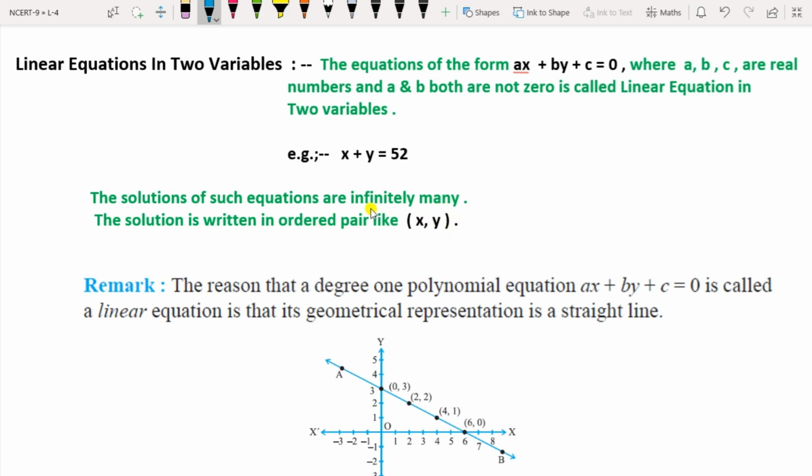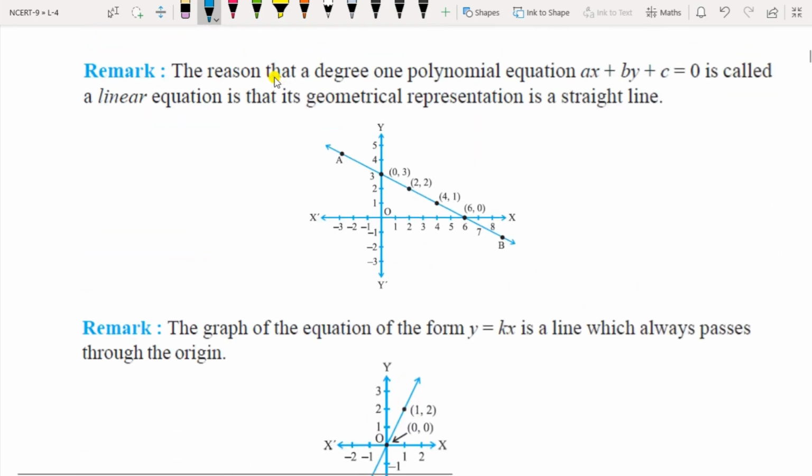Such equations, that is linear equations in two variables, can be represented on a Cartesian plane. This is called the Cartesian plane or the graph paper. In the earlier video I have explained all this and what is meant by linear. If you draw the graph for the values of x and y, you are going to get a straight line. So this is a straight line here, that is the remark. So it is called a linear equation. And since it has two variables, the complete name of the chapter is linear equations in two variables.